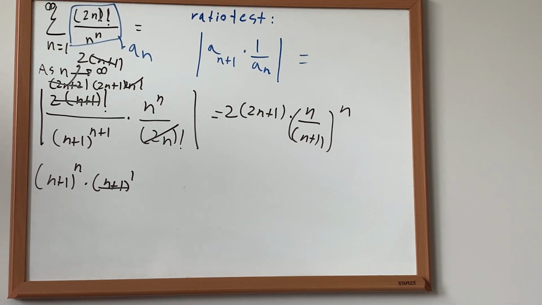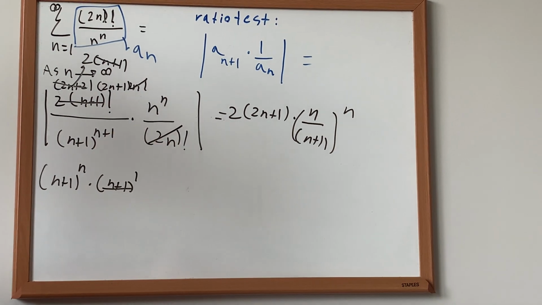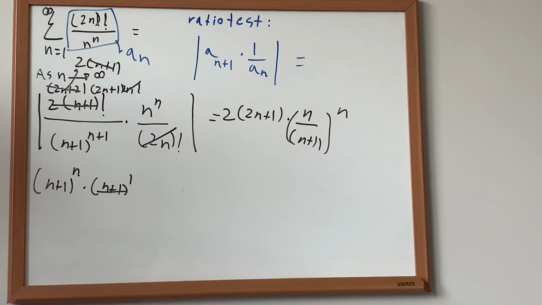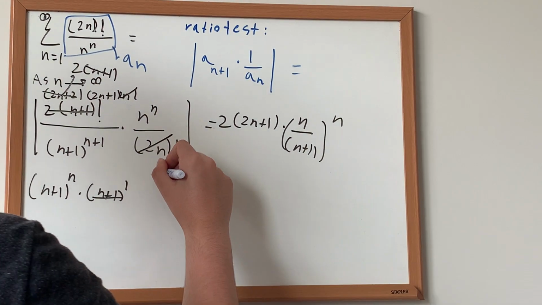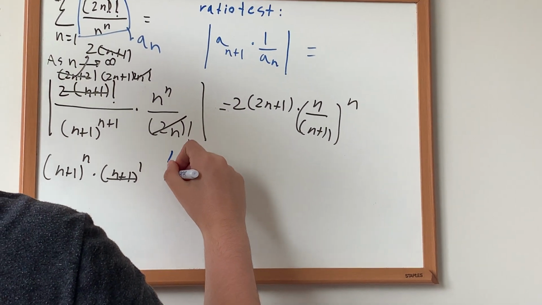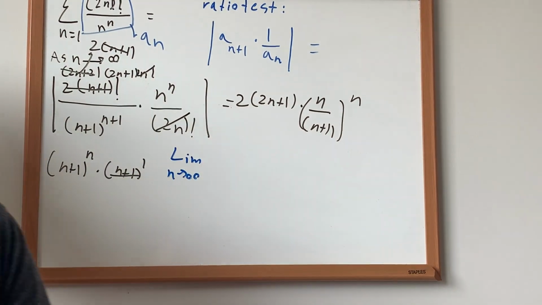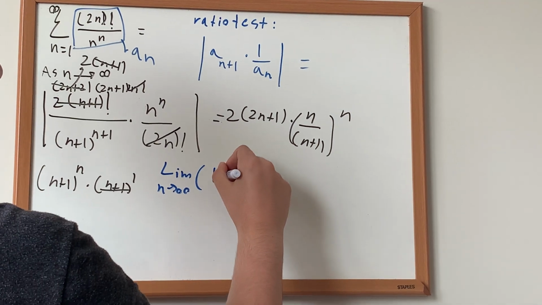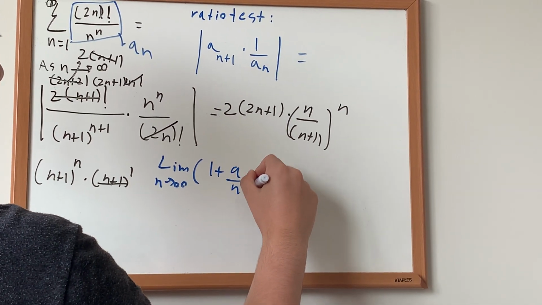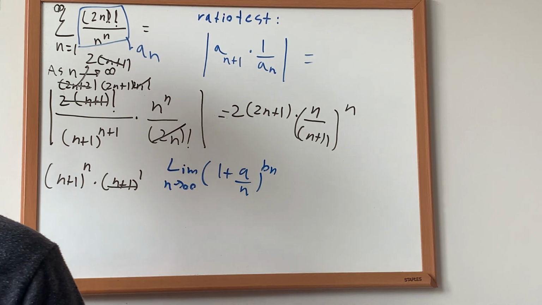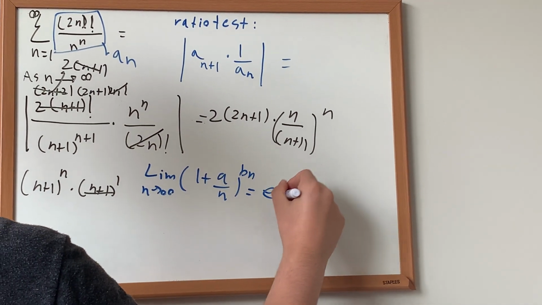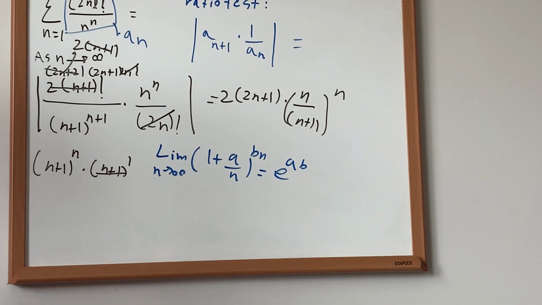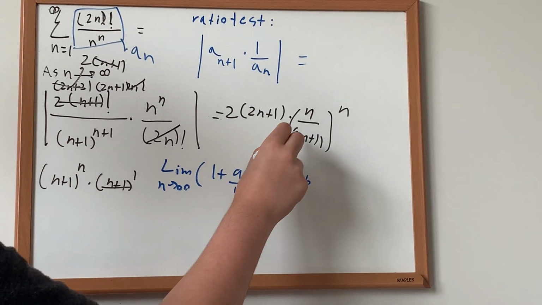Now, I'm going to use a special limit because we should take the limit to see if it converges or diverges. I want to show a special limit that I showed in my previous video, and the limit is that the limit as n approaches infinity of (1 plus a over n) to the power of b times n is equal to e to the power of ab. So now we see that this is kind of similar, but what can I do to this expression